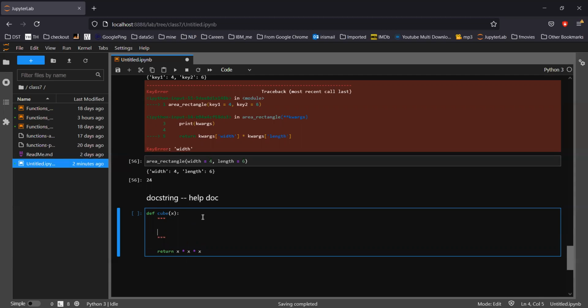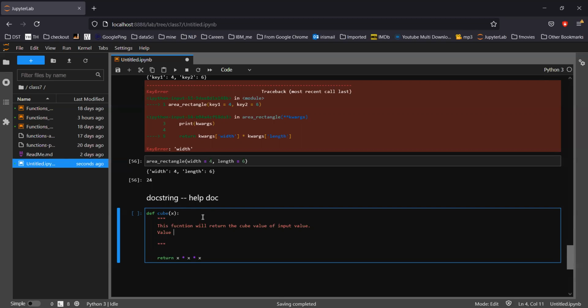Now inside this you actually put the definition of this function. So here I'll put something like: this function will return the cube value of the input value. Let me put: value must be either integer type or float type.